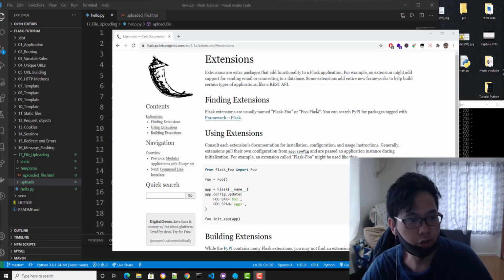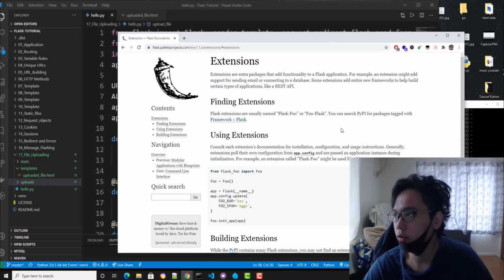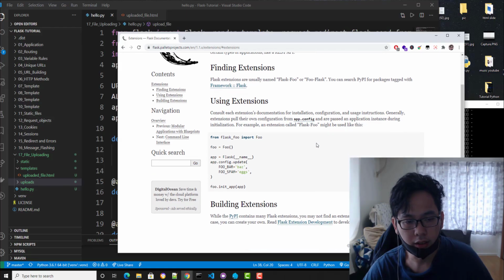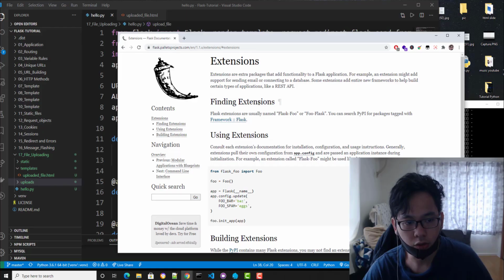Okay, extensions. They call Flask a micro framework. There's no database connection or mail built in. You need to install extensions in order to build a full-fledged web application.